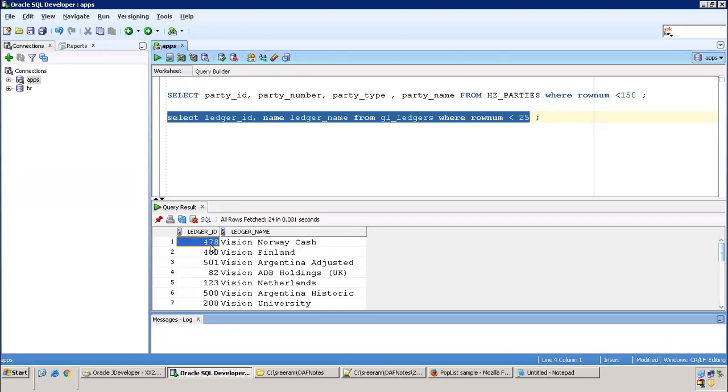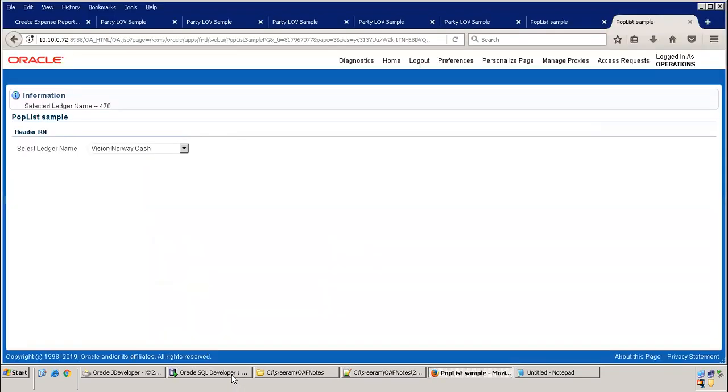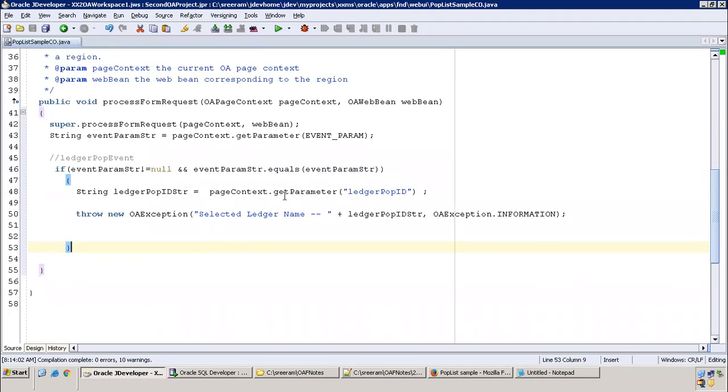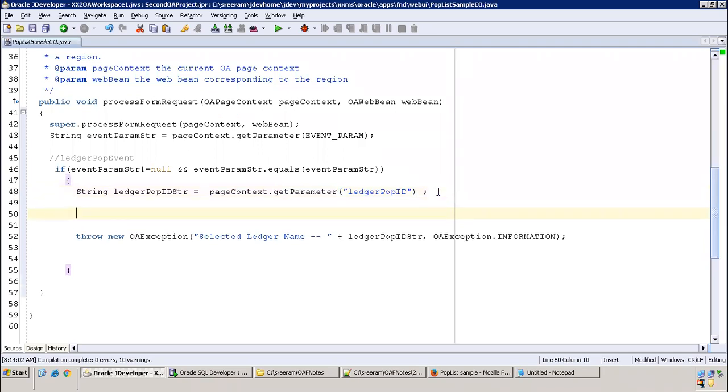But I don't want the ledger ID. I want the ledger name. So there is a little bit of a different concept that comes into the picture for the pop list. Let's go back. Here, this page context dot get parameter will not work out for the pop list. This will work, but it will give you the ledger ID, not the value. So for this one, we require a Java API or another class. The class name is OA message